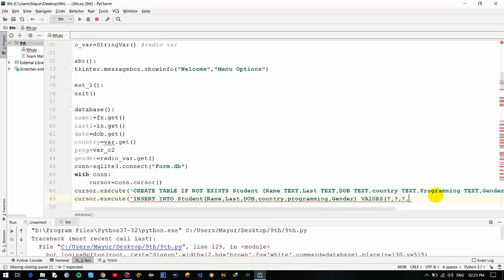So here are the empty values. So based on the number of columns, that is name, last, date of birth, country, programming and gender, that is 6 columns. We'll be using 6 question marks,